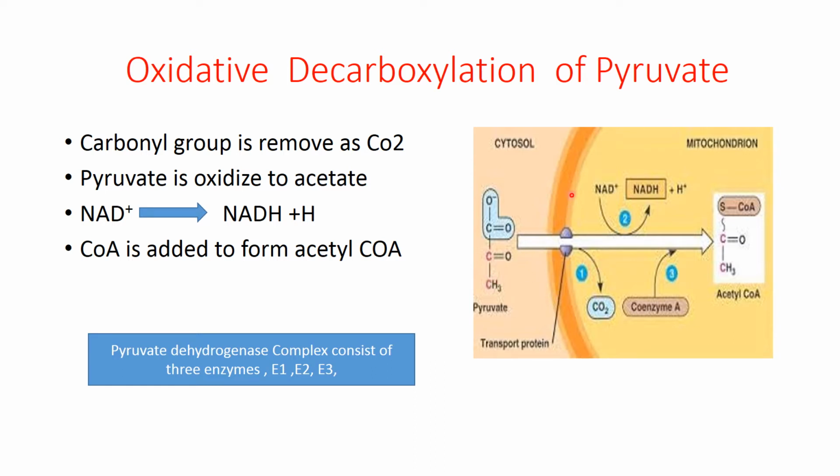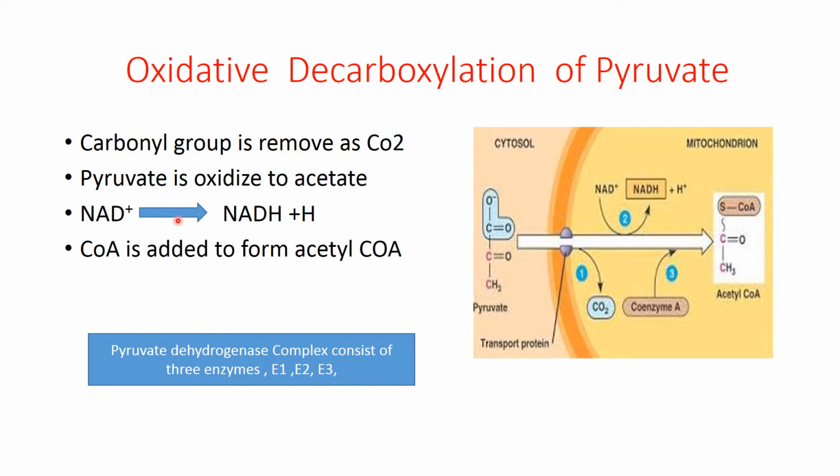with the help of a carrier protein, which is a transporter protein present on the mitochondrial membrane, through which pyruvic acid will enter into the mitochondrial matrix, where there is a mechanism in which the carbonyl group is removed as carbon dioxide. Here carbon dioxide will be removed. Then pyruvate is oxidized to acetate. First it will be converted into acetate, where